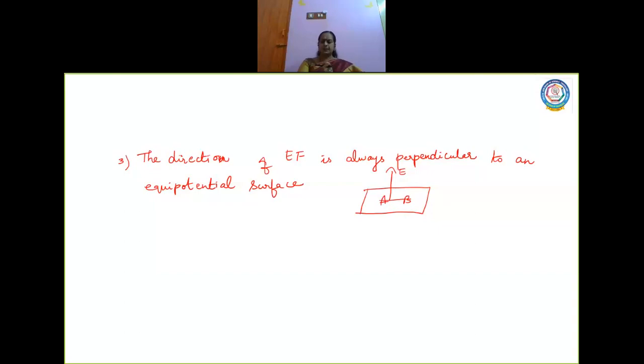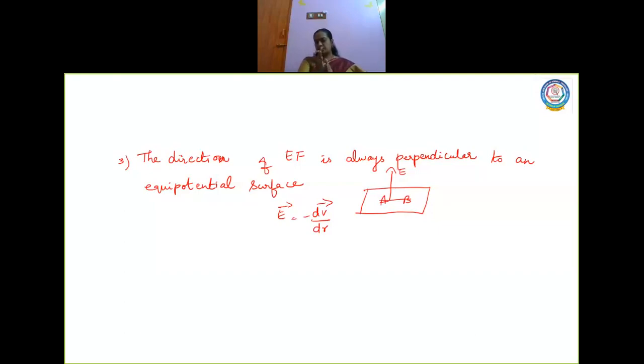Now in the next topic, children, we are going to have a relation between electric field and potential. We are going to learn electric field is nothing but dV by dr. That is, we can write the negative potential gradient. This relation we are going to learn. That is why I did not say about this, but still I wanted to tell because this is a topic which is very important to this formula. So here is a relation where we talk about the relation between electric field and negative potential. Now here dV by dr is nothing but you call it as negative potential gradient. Now in this, negative potential gradient is with respect to the change in potential with respect to the distance.